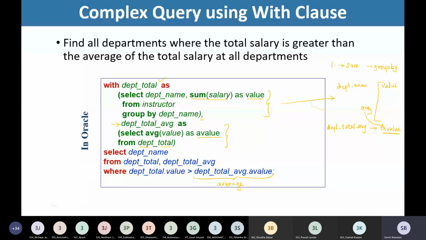So this is the with clause that we can use for writing complex queries. Derived relations and with clause both can be used to write complex queries. So you should have a good practice of writing such kinds of queries.